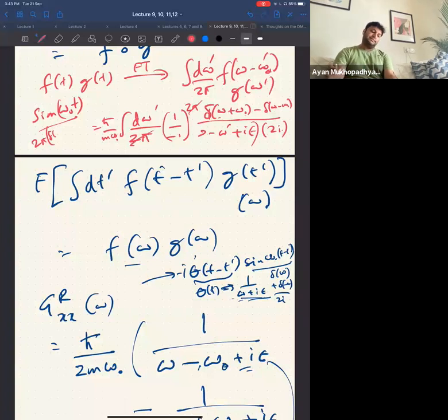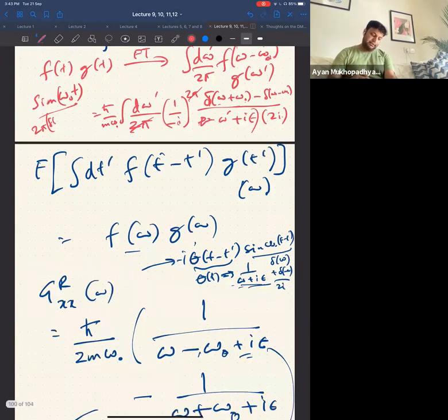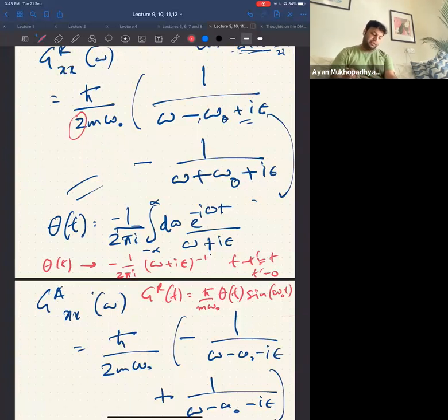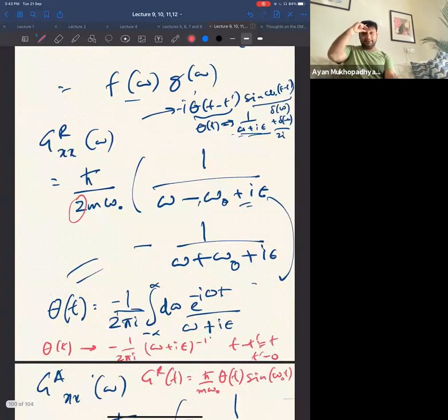So this 2 pi gets cancelled with this 2 pi, and we have an overall factor of half, and that explains how we get this h bar by 2m. This extra factor of 2 comes from this half of the sine, and then we get this. Okay, is this clear now? Is it clear how this comes about? Okay. All right. So this is the Fourier transform of this thing, which is very important